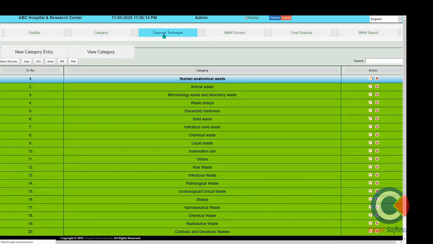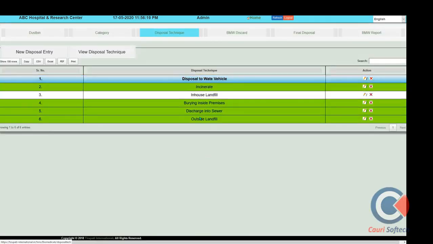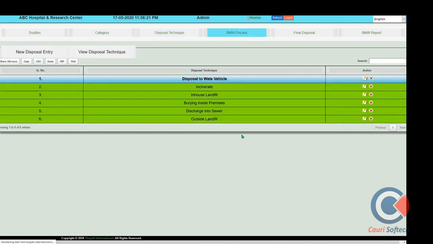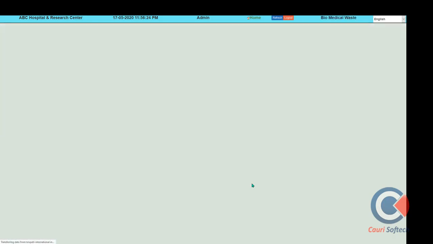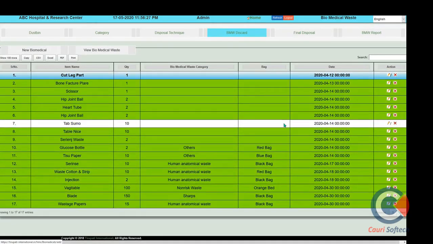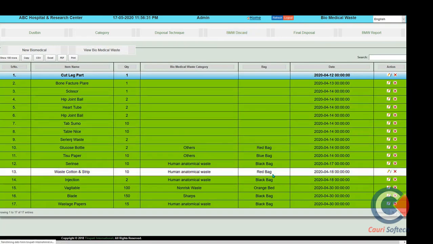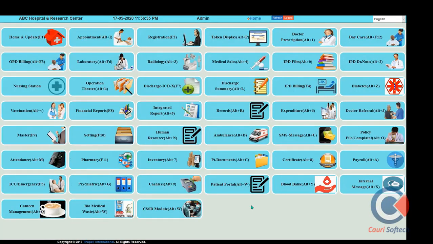Disposal techniques also have to be maintained this way. So biomedical waste we can properly maintain from this module. Waste coming from the nursing station, operation theatre, laboratory, and all locations we can collect and properly dispose of from the hospital.